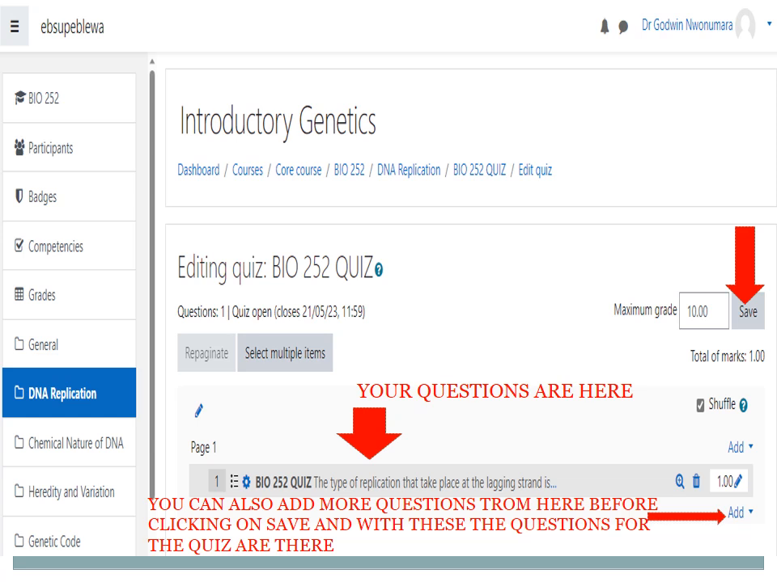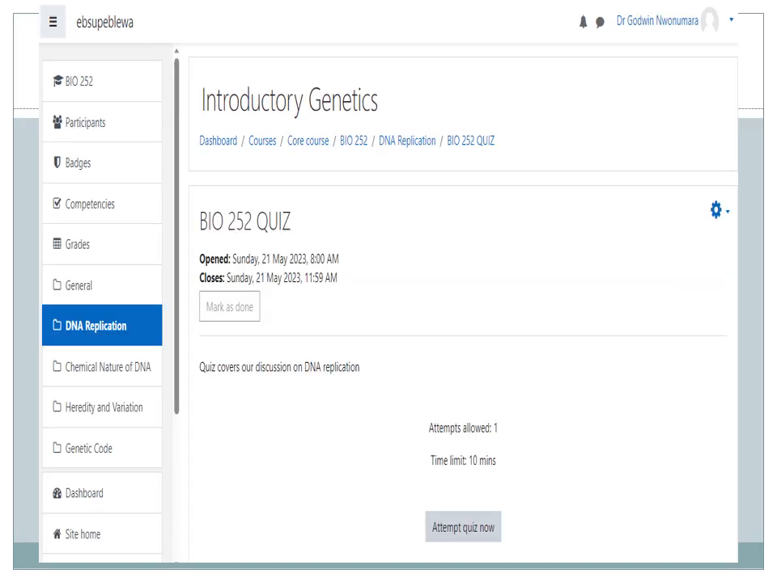I'll click on add to add another question. Then, when I'm okay with the number of questions I've added, I will click save. I'll click on save, and with this, the quiz is set. So you can go back to quiz,